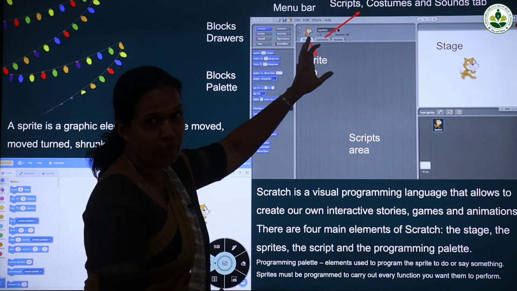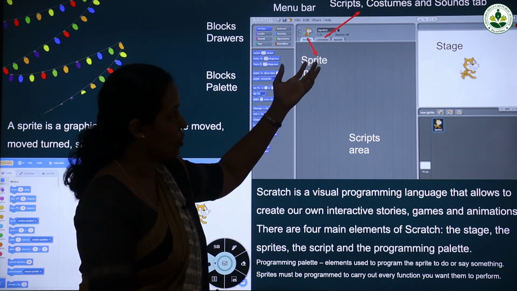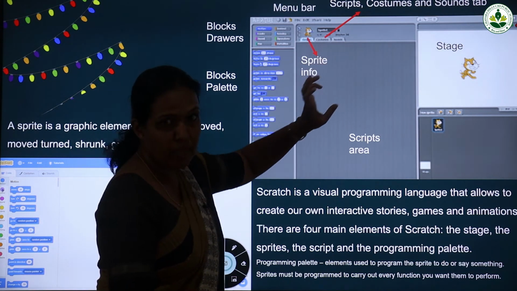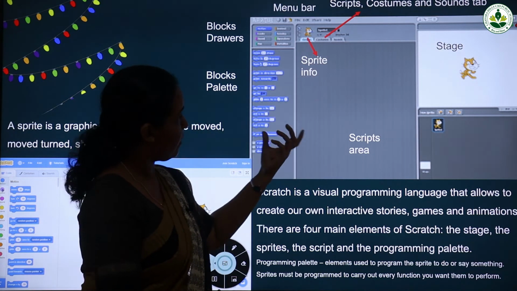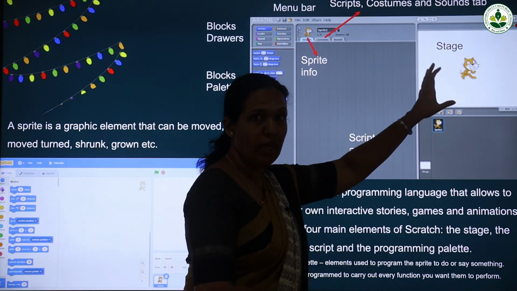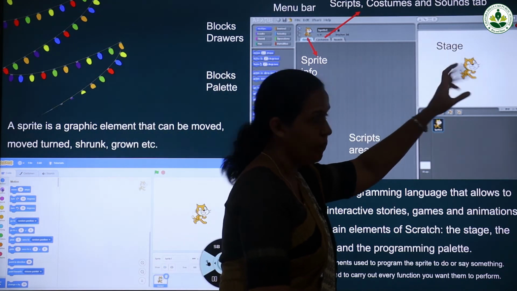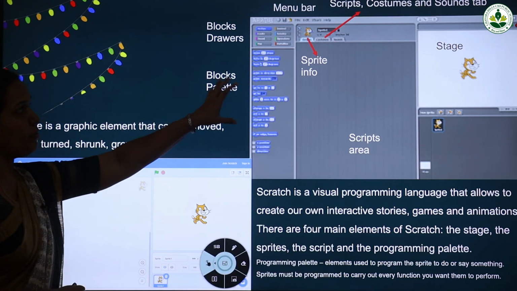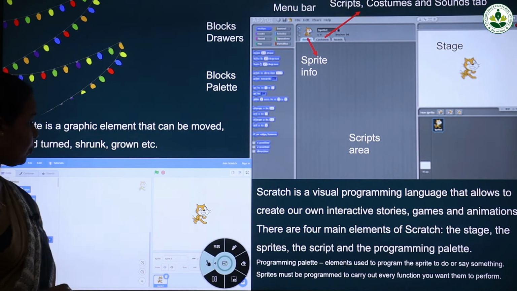Then costumes, if you need to add more costumes or change costumes, use this costumes tab. Then the sounds tab, if you need to add some sounds. Okay, then this is the stage, where the play is happening. So these are the different parts of the Scratch window.